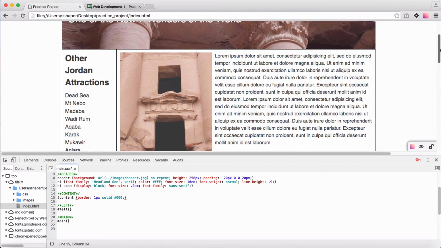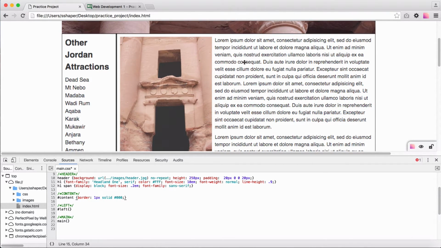So what I want to do is I want to attach that border to the main and not to the left side, because the left side has less content and it's going to expand to the content. So I want to make sure it gets on the main side. So I'm going to come down here to my main, and I'm going to put in a border of 4px solid